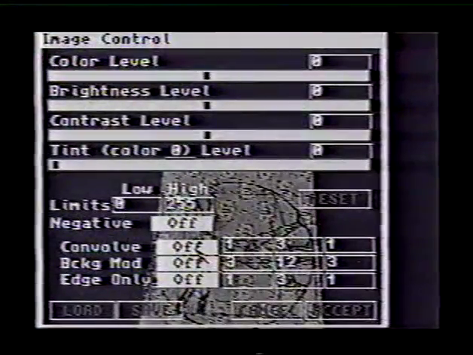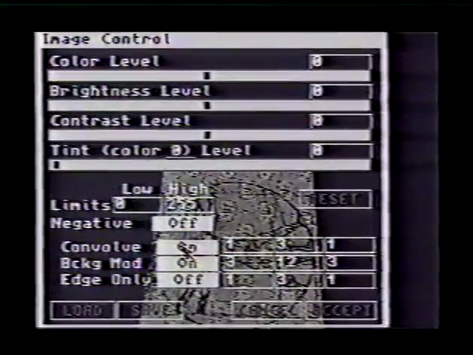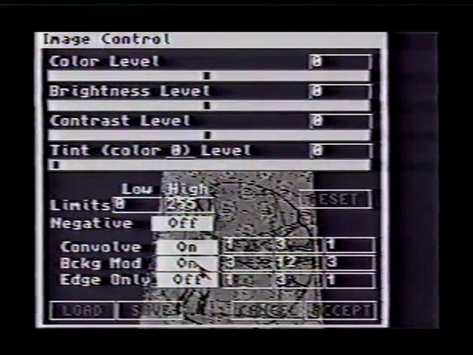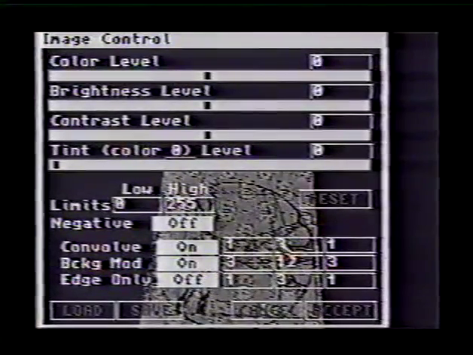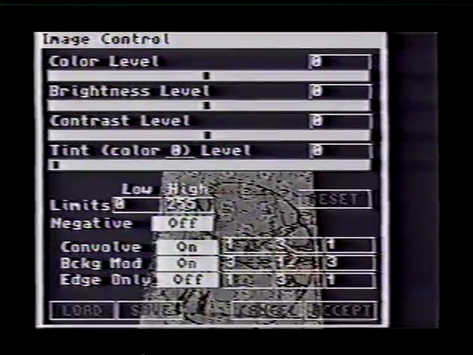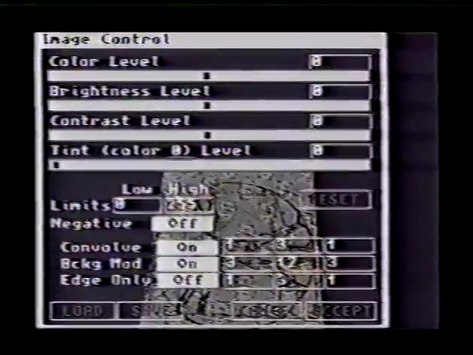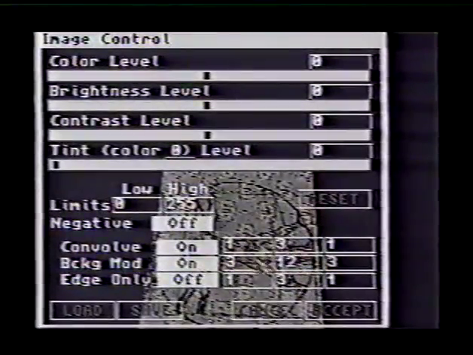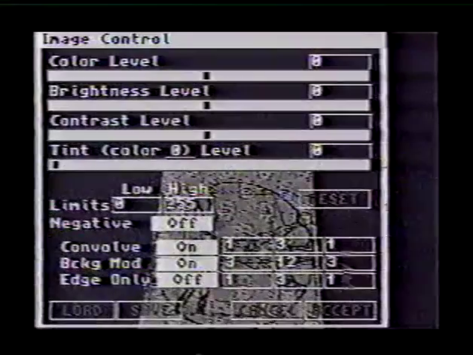I could, if I wanted to, go ahead and turn on the convolve, like so. The convolve turned on in the background modification means that everything in the image will be convolved. And this is a simple tint filter that I've set up. If you can imagine that this were the pixel we were going to paint on the screen, these are the surrounding pixels. This is the relative strength that I'm going to add to this pixel from the surrounding one. So I'll use 12 times the original one, plus 3 times these ones, plus 1 times these ones,